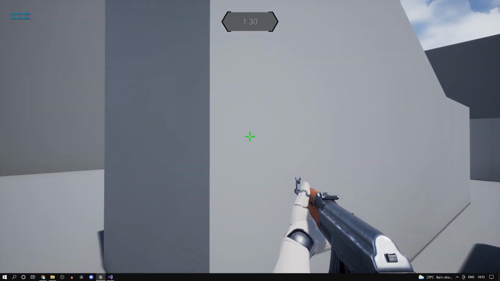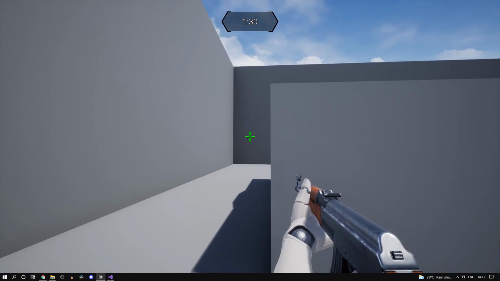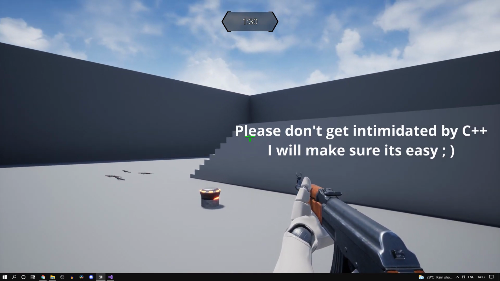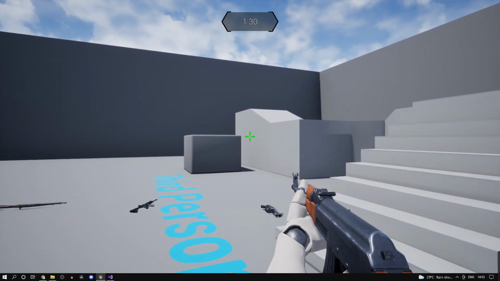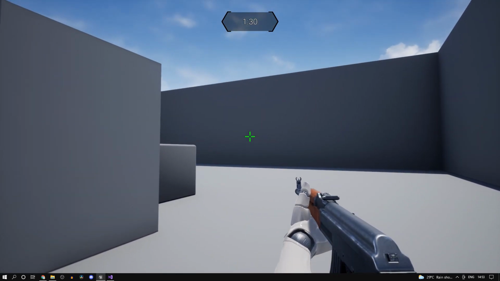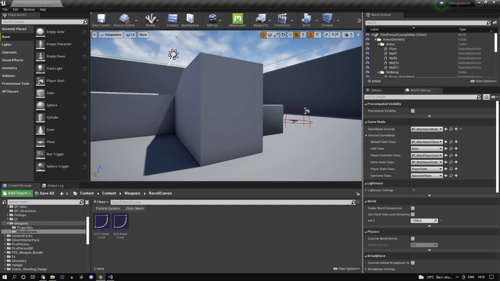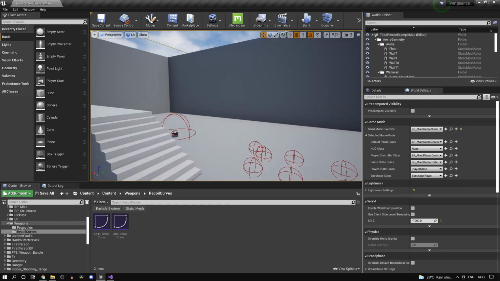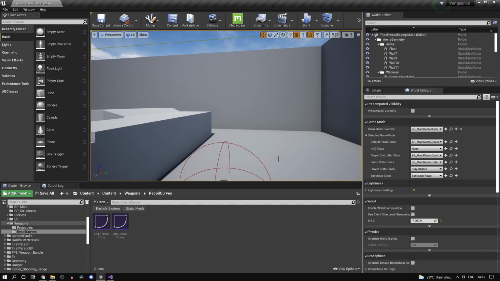So if you guys want to learn how to make this step by step inside of C++ with just 2 blueprint nodes, so it won't impact performance too, stay with me guys, we'll be creating this and I'll be explaining everything step by step how we do it. Of course this is in Unreal Engine 4, but I will be showing you guys how to do it in Unreal Engine 5 since the code will remain the same.